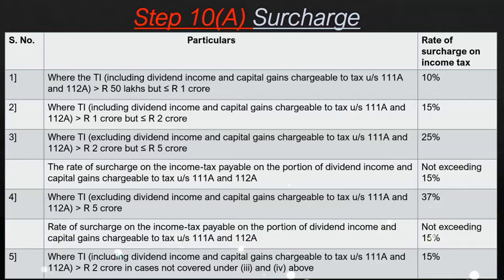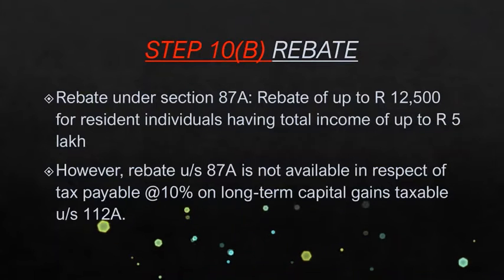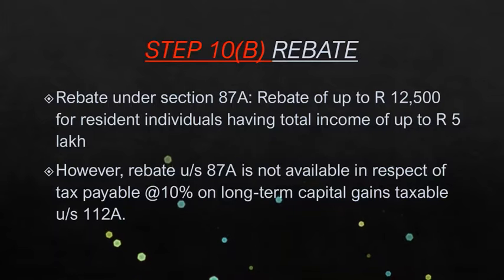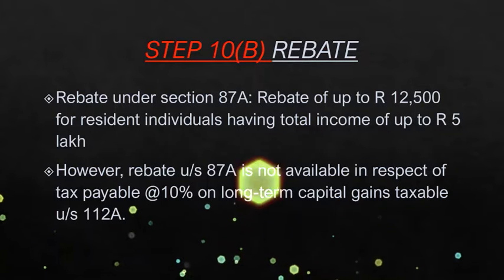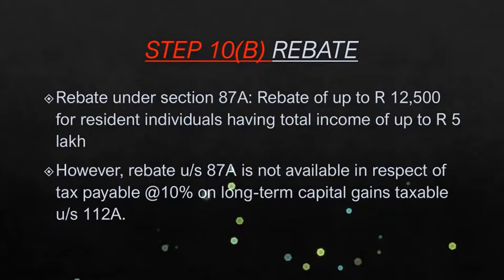15%. 4. Where TI, excluding dividend income and capital gains chargeable to tax U/S 111A and 112A, is above 5 crore: 37%. Rate of surcharge on the income tax payable on the portion of dividend income and capital gains chargeable to tax U/S 111A and 112A: not exceeding